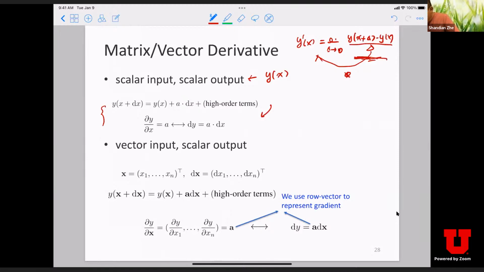If we can write our function value after you perturb your input by some delta, but here we're going to use the derivative of x, called dx, right? So if a function value after you perturb x by dx can be written as the function value at the original position x plus a linear term, so a times the derivative of x, dx, and plus a Hölder term. So what does Hölder term mean?